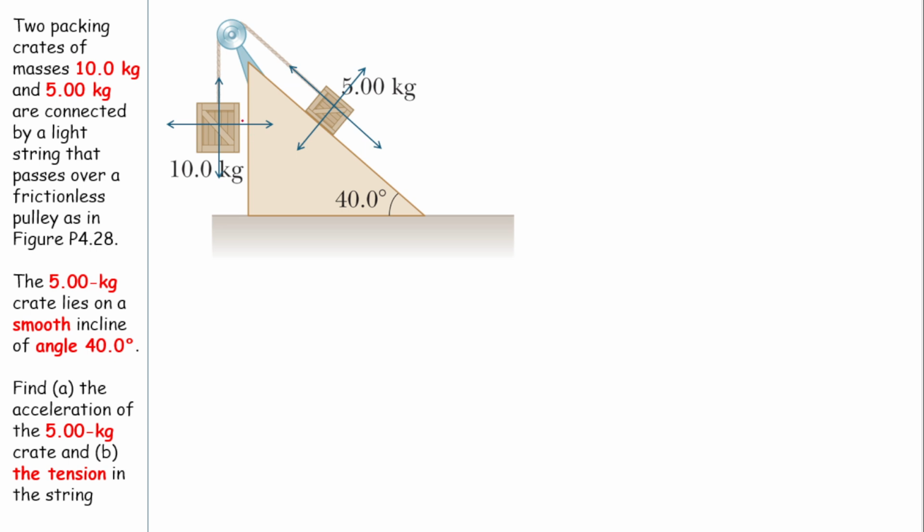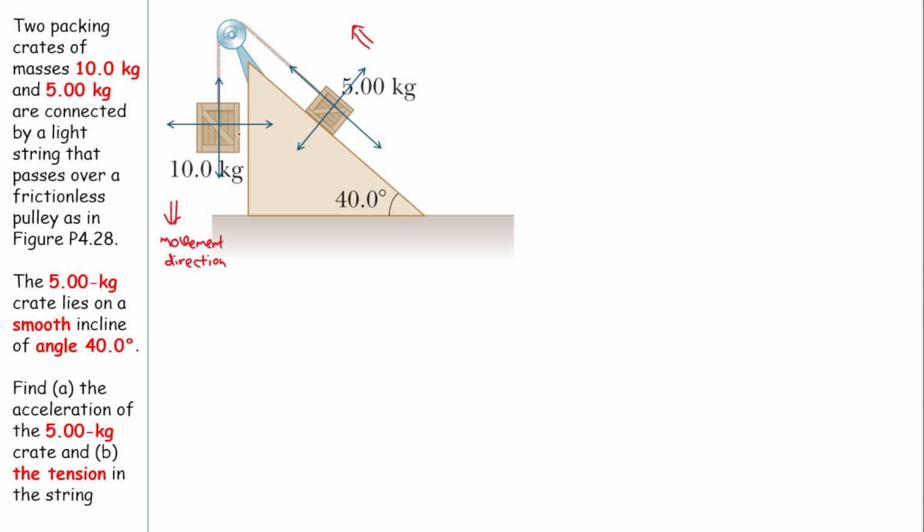Okay, so we have this 10 kg crate, and obviously it is heavier than 5 kg. So intuitively, this will move downward, right? Because it is heavier than that 5 kg. So this one will be our movement direction. And then if this 10 kg moves downward, this 5 kg moves upward, right, to the plane. And then we need to do a free body diagram on the 10 kg crate and also on the 5 kg